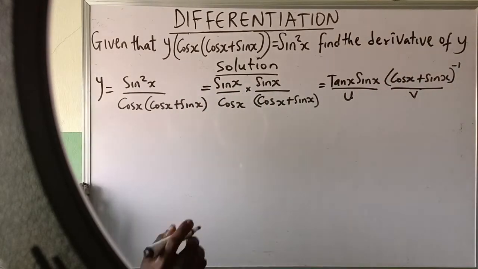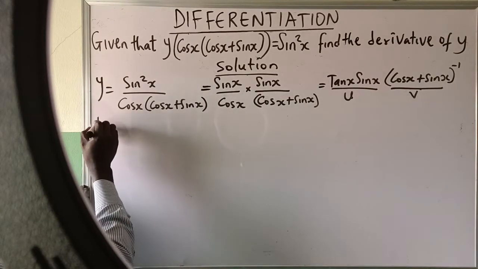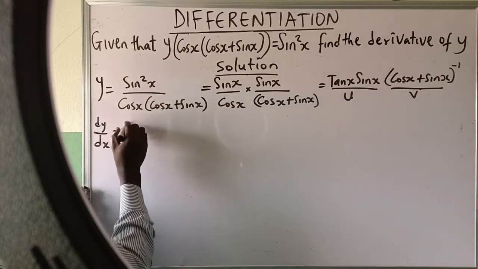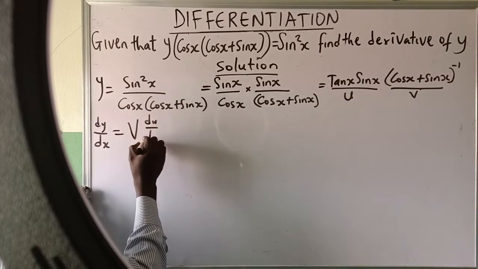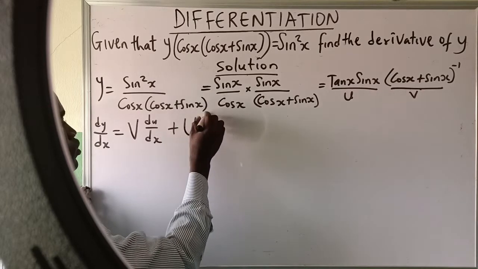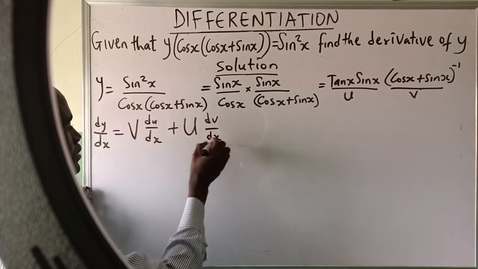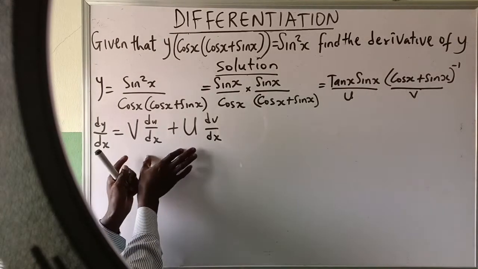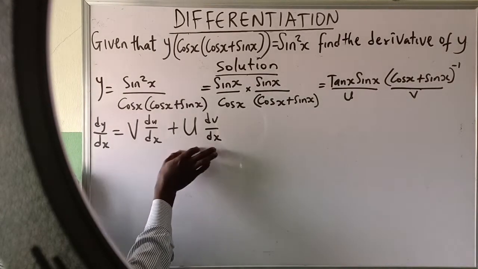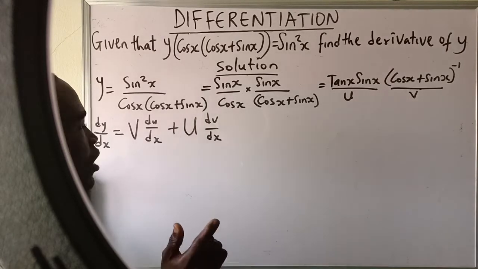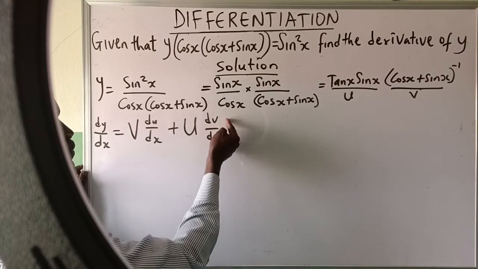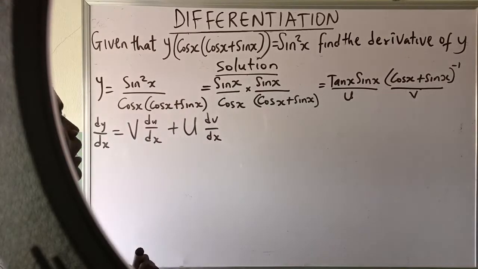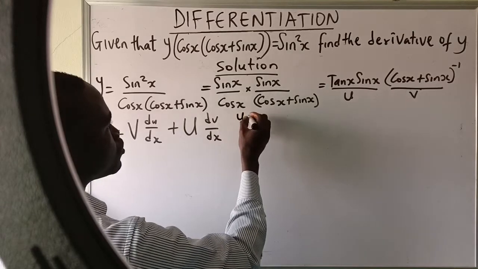Now, to use the product rule, we say dy/dx is v du/dx plus u dv/dx. That is about the product rule. Remember, addition of two numbers is commutative, so you can say u dv/dx plus v du/dx, whichever way. Now we have our u to be equal to